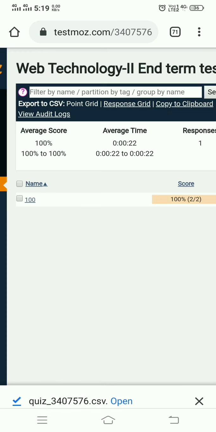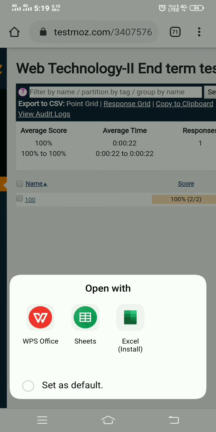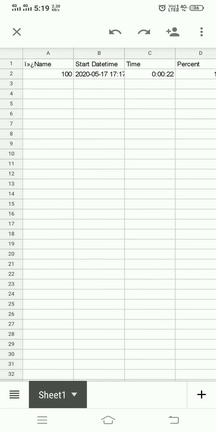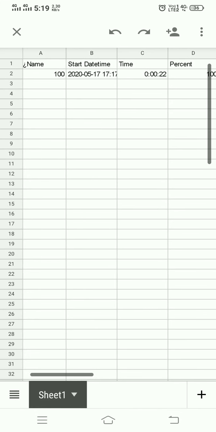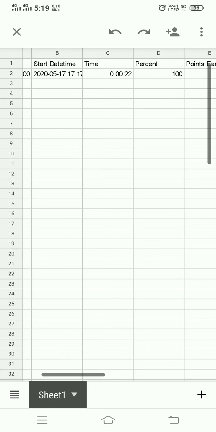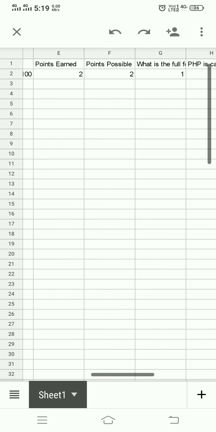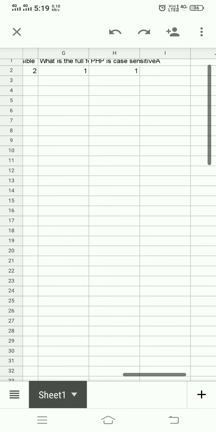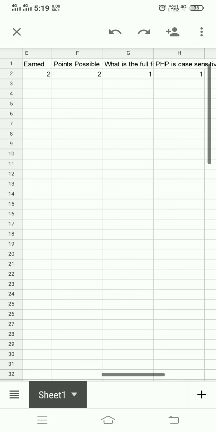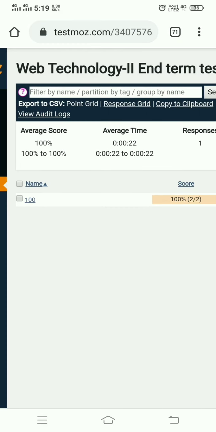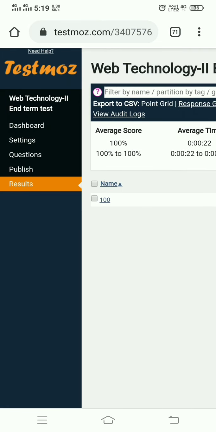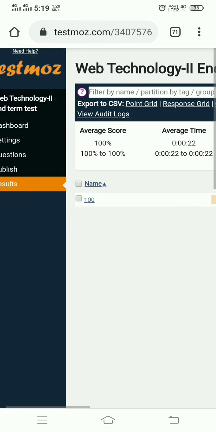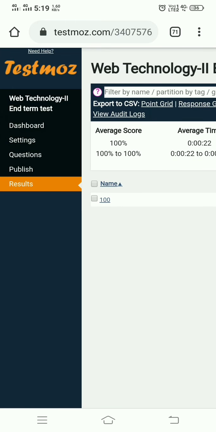So just click on this file and open with Excel sheet. So here it shows the roll number, then start date, time, percent, earned points, then whether the answer is correct or not. So in this way you can easily conduct a test for 100 students by using the TestMoz website.